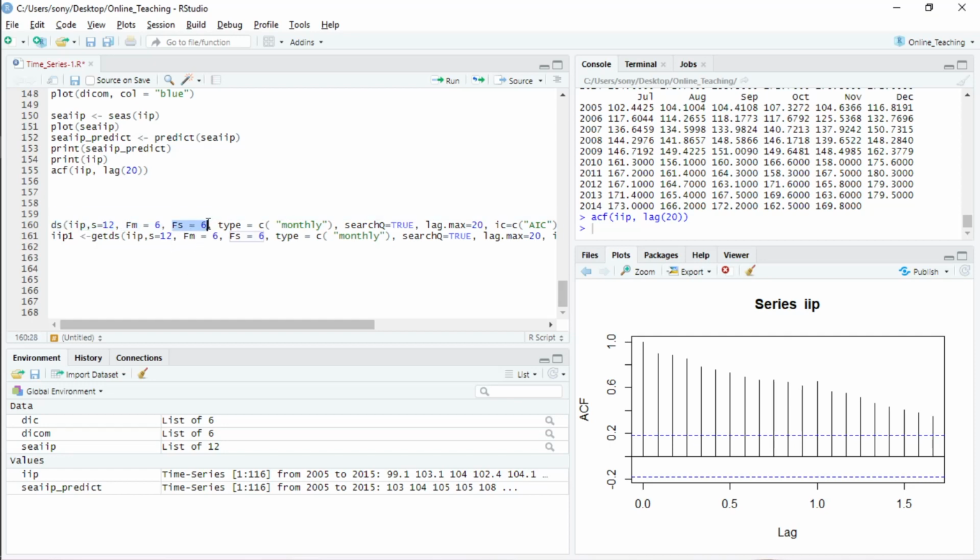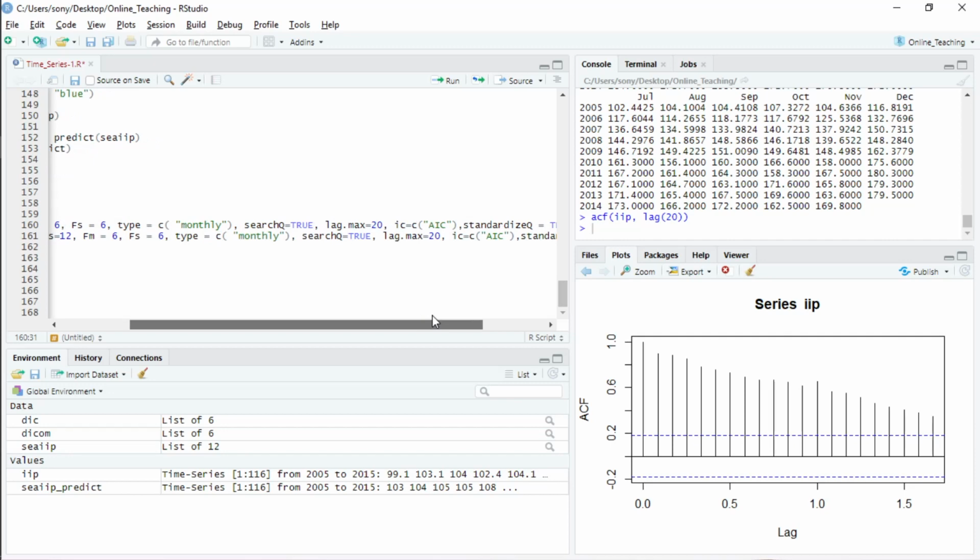This is for standard deviation. If it is 0 0, then it will take the overall mean of the time series. This is the type, monthly data, so I wrote monthly. This is your true value, we don't bother about that. Then this is the maximum lag, I'm taking 20.